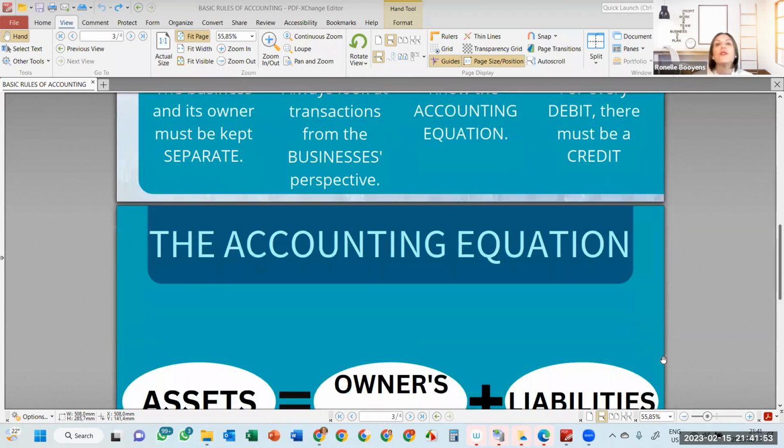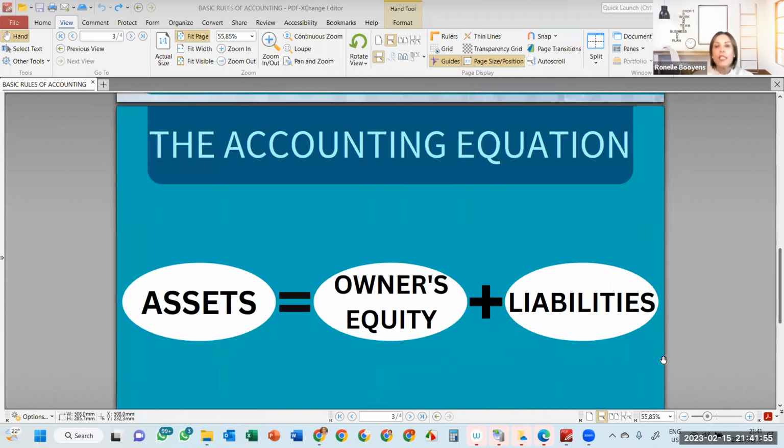So if we move on to the accounting equation, maybe you've come across this already. Grade 8s, this might be new to you. Grade 9s, you've dealt with this quite a bit in the previous year already. So the accounting equation was established or brought together by clever people many years ago. And this will always stay like this. This equation will always stay like it. And there is a lot of important information in this accounting equation. And if you understand this equation, then lots of other things will make sense and fall into place.